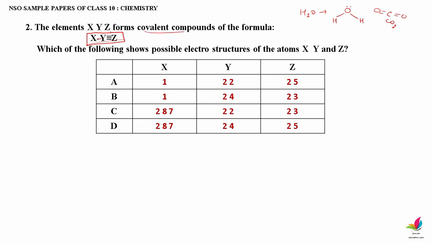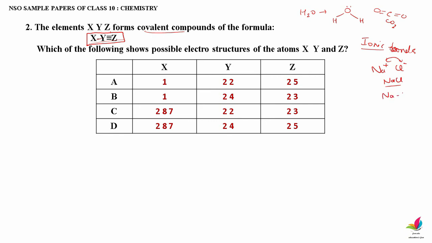What do you mean by a covalent compound? You have two types of compounds: ionic compounds and covalent compounds. Ionic compounds are simple, those compounds which produce ions. What are ionic bonds? The bond that is formed due to the electrostatic attraction between two oppositely charged ions is called an ionic bond. So Na plus will attract Cl minus, and they form the NaCl compound. So there exists an imaginary bond.